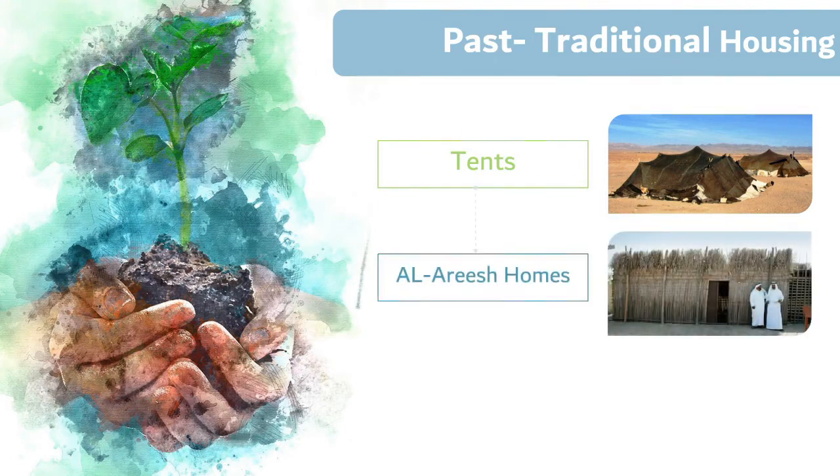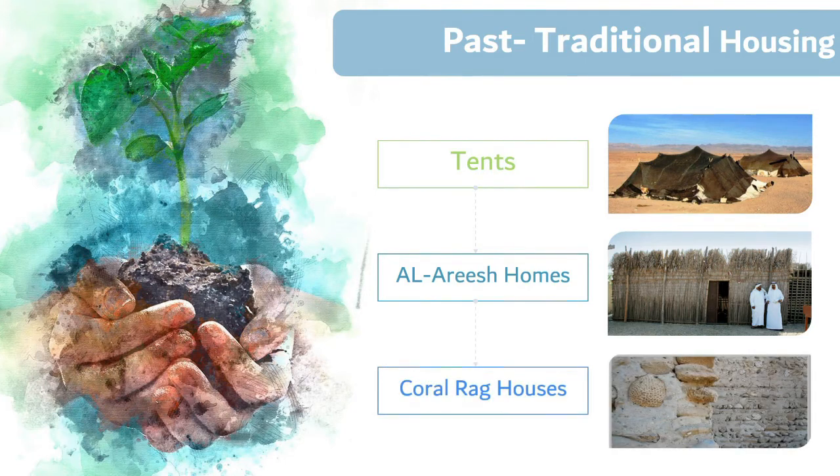Then moving on to Al Arish homes, they were airy in summer as they allowed ventilation because they are made from palm fronds. In addition, moistened palm fronds were placed on the roof to cool the interior of the space. Palm trees were commonly used as they are a local resource. Lastly are the coral rag